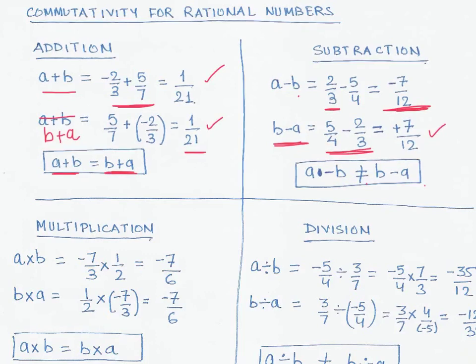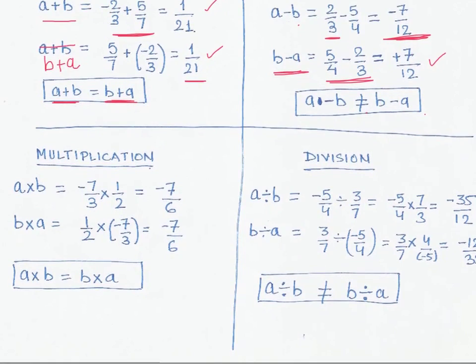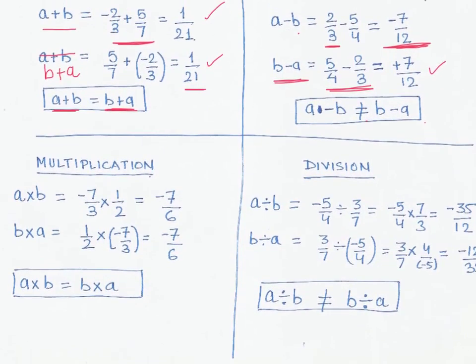Now let us look at the other two remaining operations, that is multiplication and division. So in multiplication what we will do is we'll just take two numbers and multiply them. So first we are doing a multiplied by b, and minus 7 by 3 is a and 1 by 2 is b. Again, multiply the numerators and the denominators separately and keep the sign. So we have minus 7 by 6 as a result, and then we change the order of operation, that is we do b times a. So that is 1 by 2 multiplied by minus 7 by 3, and when you simplify this